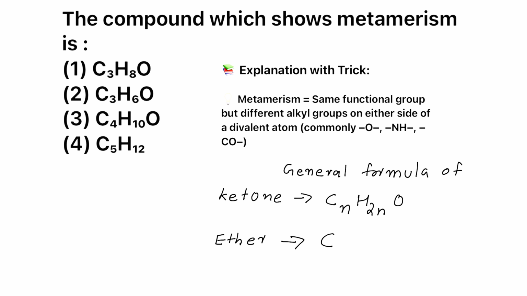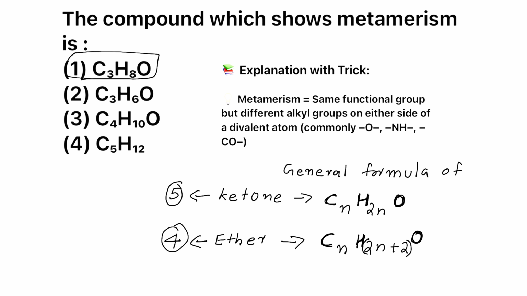And for ether, it is CnH2n+2O. Clear? One more important hint is there. Ketones show metamerism only if the number of carbons is equal to or greater than 5. Okay, keep that point in your mind. Now regarding ether, it shows metamerism only if the number of carbons is equal to or greater than 4. Now we can check. Option number 1,